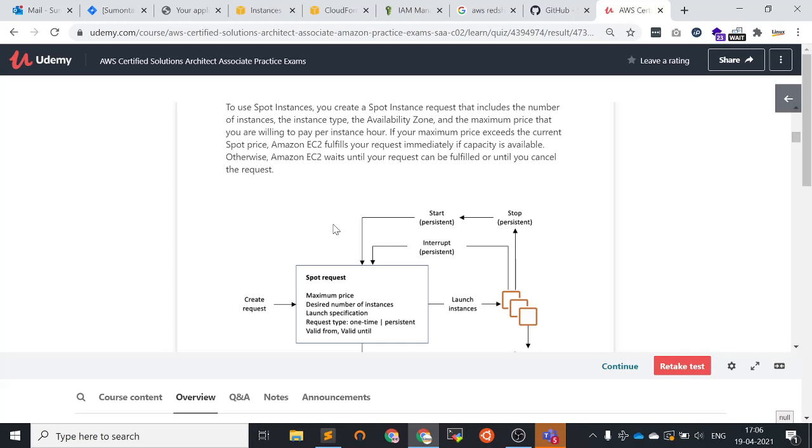If your maximum price exceeds the current Spot price, Amazon EC2 fulfills your request immediately if capacity is available. Otherwise, Amazon EC2 waits until your request can be fulfilled or until you cancel the request.